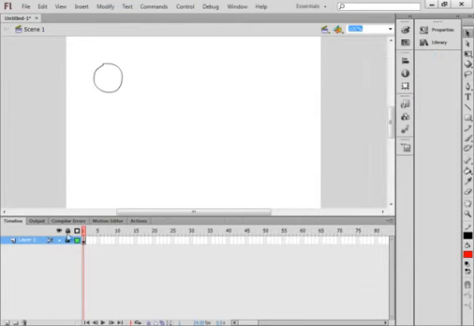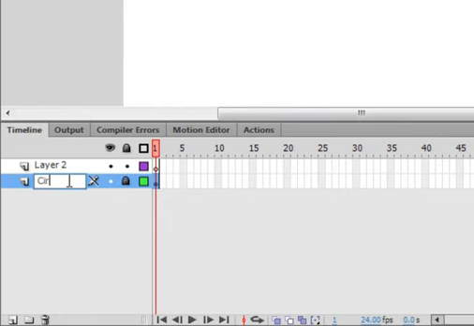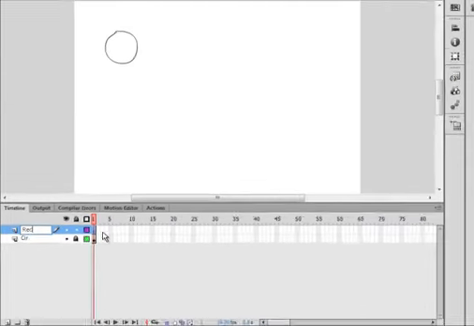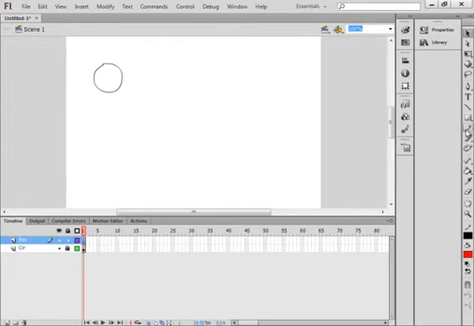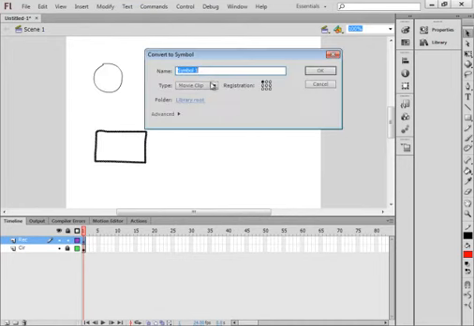Now let's do another layer. Insert another layer here. Click on that. Let's call this one circ, C-I-R. And let's call this new one rec, R-E-C, select it, pick up my pencil tool again, draw the rectangle. All right. Pick up selection tool, highlight it, modify, convert it to a symbol, make sure movie clip is selected, call it rec, R-E-C, shift underscore MC,